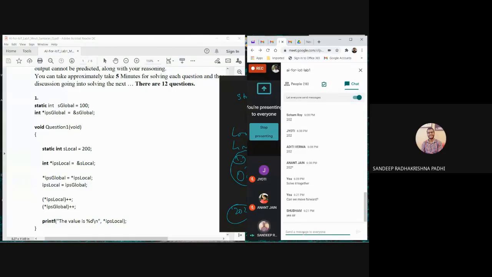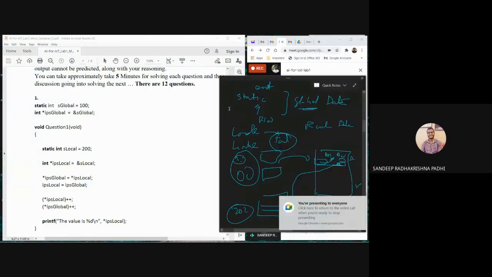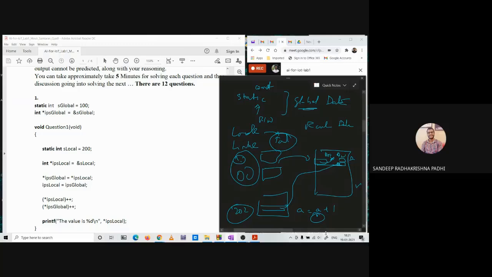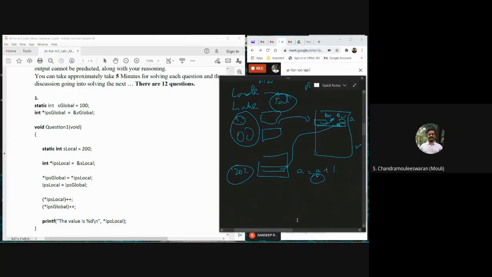Sir, the first question is, why is the pointer residing in the stack? Because a pointer is also an integer variable, so it has. So I'm just confused. Why does the pointer have to be in the stack? Okay, it's Sandeep. Okay, fine. Let me explain. Okay, you can go on mute.